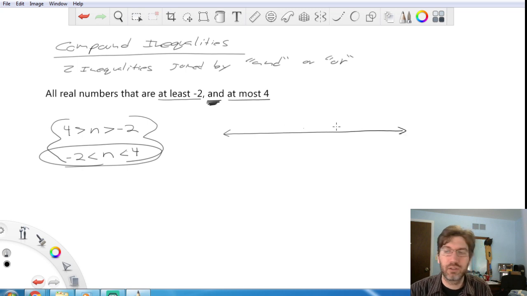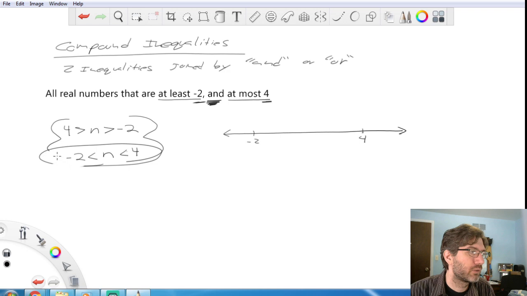On this number line, different from yesterday's graphing, we have two numbers that are standing out. You have a -2 and you have a 4. So I'm going to definitely put -2 in, and I'm going to definitely put 4 in. Keeping in mind -2 comes before 4 on a number line. So those are the numbers I need on there. And I'm looking at numbers that, according to this side,